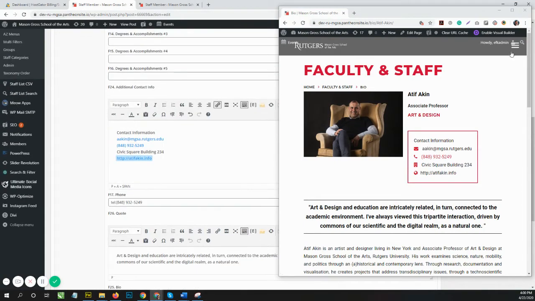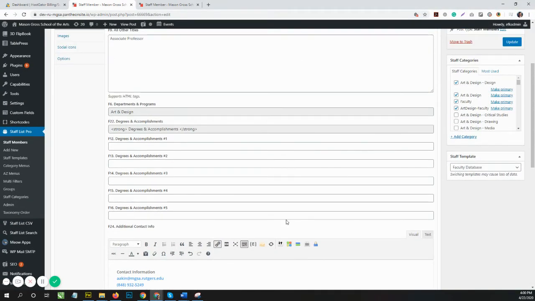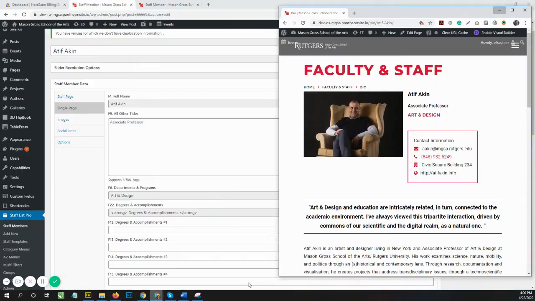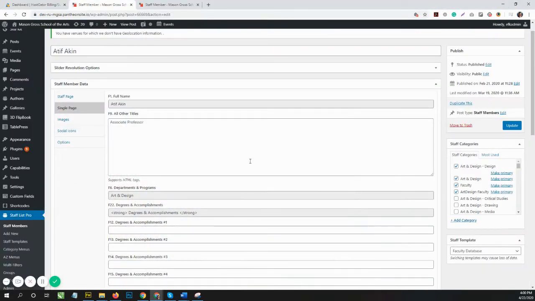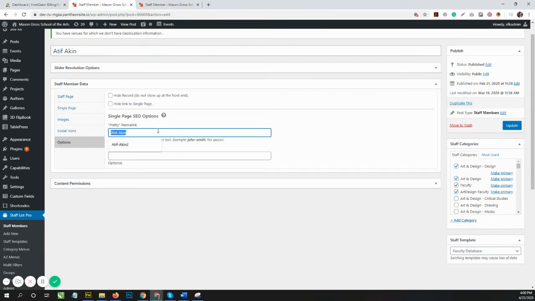Now, for the link, as you can see, I'm going to open this. The URL has the name. So if you don't, you need to add this on the Options tab here, where it says Pretty Permalink. If you don't add that, then the URL is just going to be a post number. So the fastest way is just to copy paste the name and add a dash in between. You need to add a dash, no spaces,